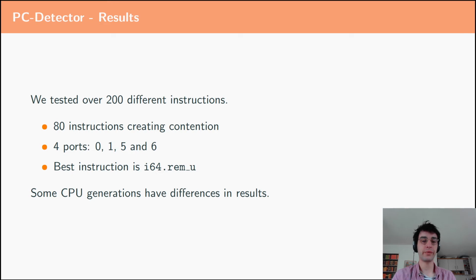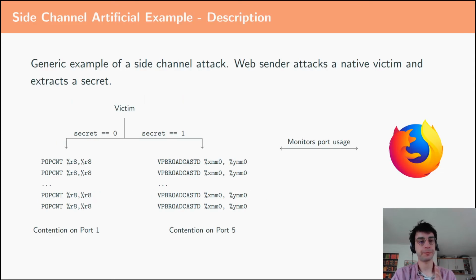Also, funnily enough, because of the changes in the microarchitecture between generations, some instructions create contention on several generations and not on others. So there are a few differences in the results on different CPU generations. That's why we wanted to build an automated framework, just to see the difference and to have a nice evaluation. So now that we've handled the 3 challenges and we know the port usage of our instructions,